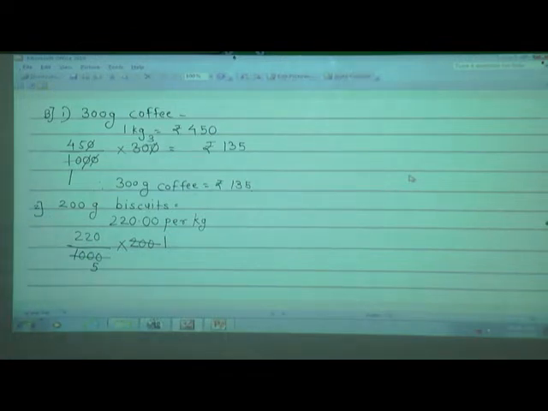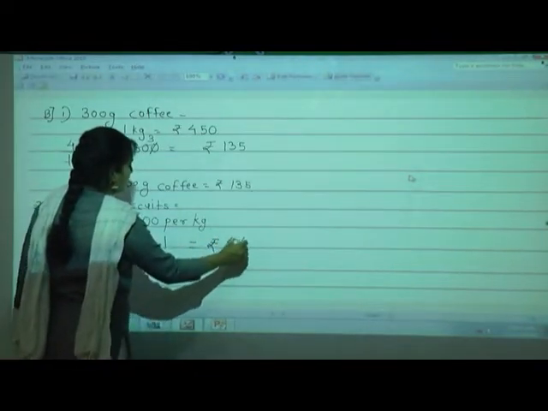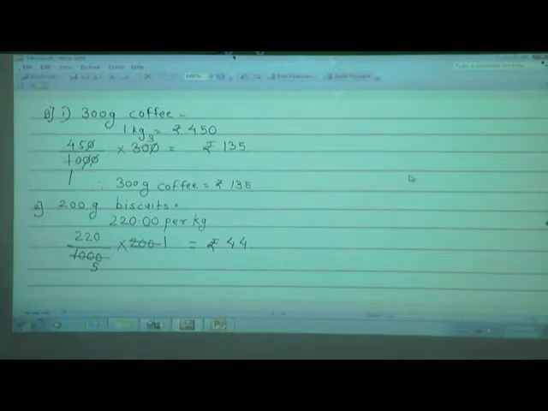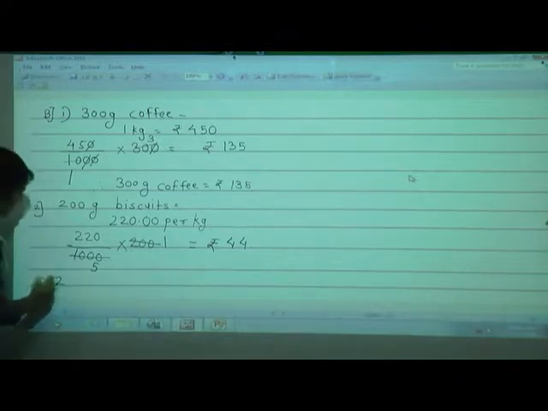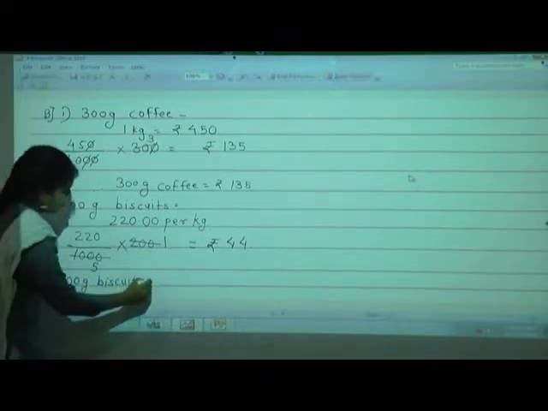Now just divide 220 by 5. When you divide it, you will get rupees 44. Just divide properly, students. So the rate of 200 gram biscuit is rupees